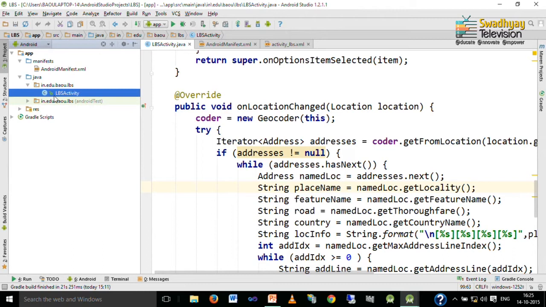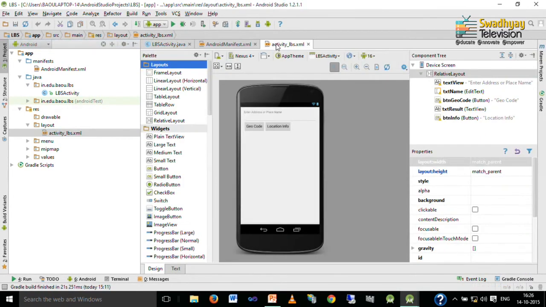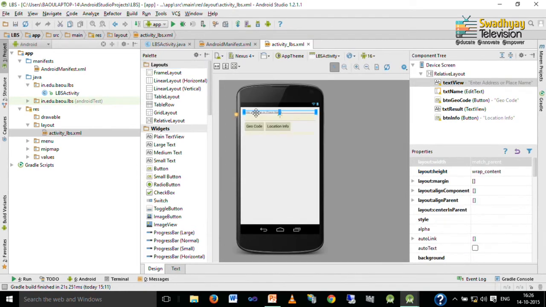Our activity name is LBS activity, that means location based service activity, and our layout file is activity_lbs.xml. First we start with our layout, which is shown on screen. Here, as discussed earlier, this is a text view which displays a message.